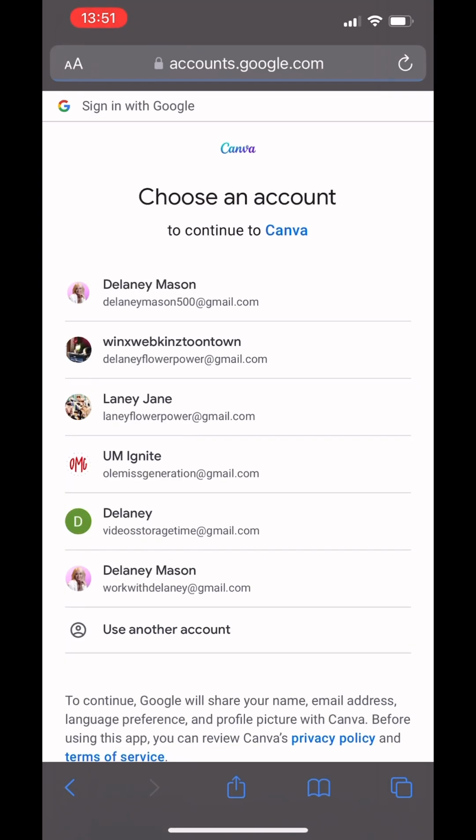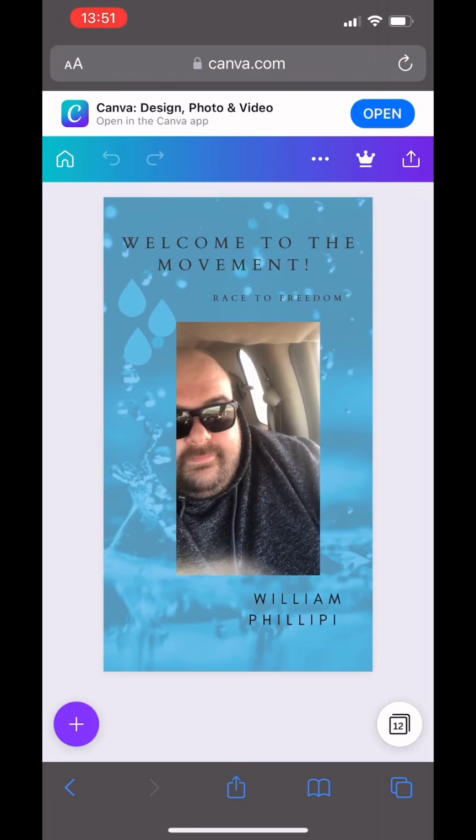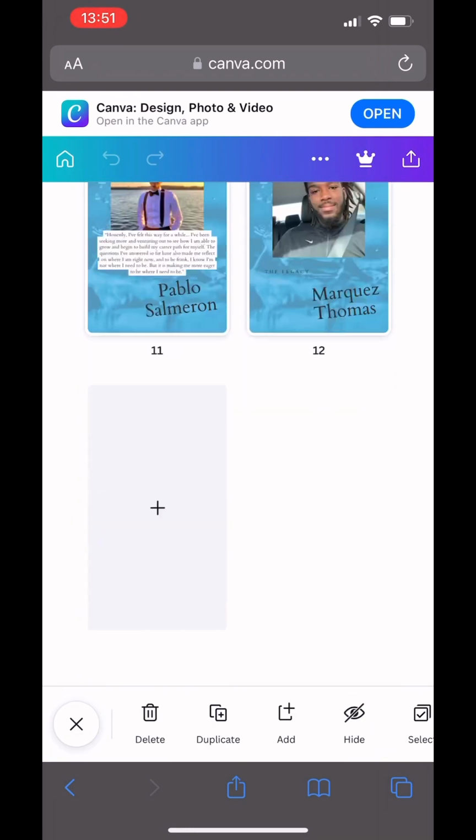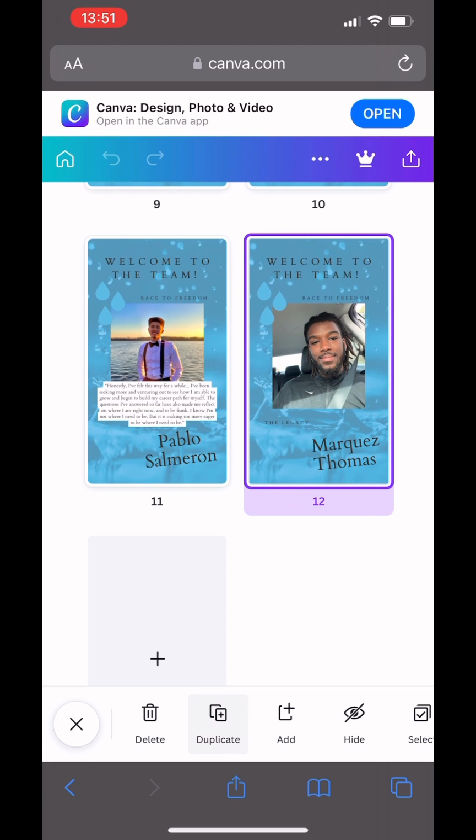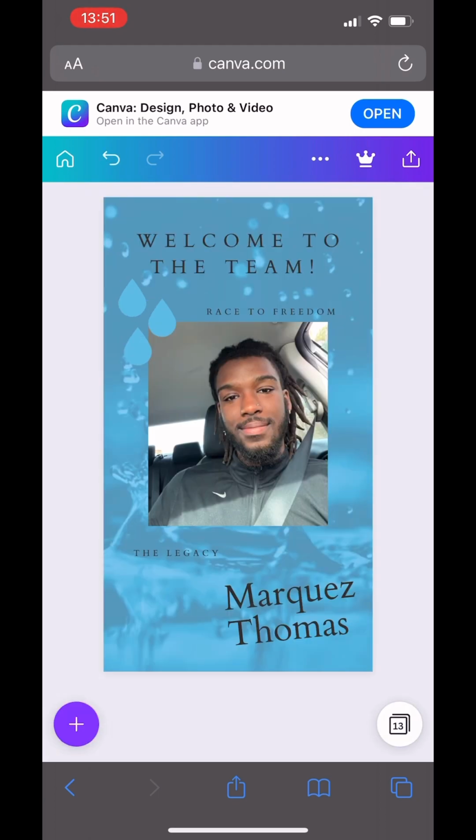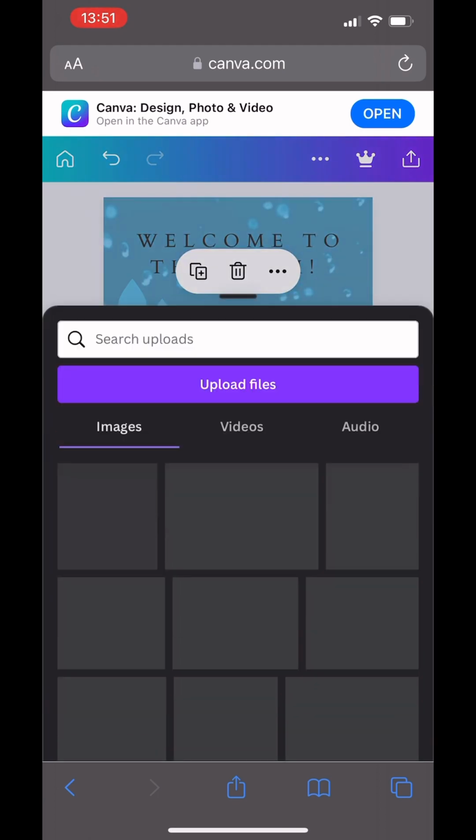You'll have to log into your Canva account. You can log in with your email on Google, which is what I did. And then it allows you to edit. So scroll down to the bottom, click the newest person's, whatever template that you like, duplicate that, and then you'll